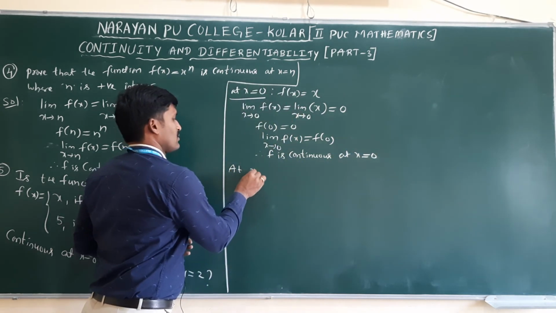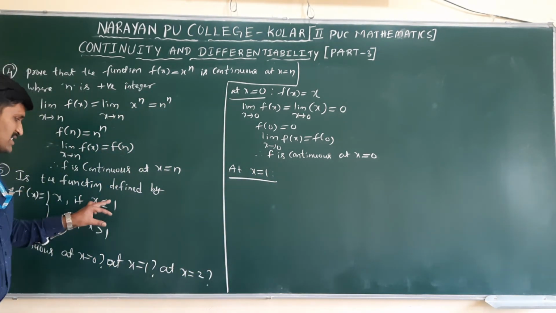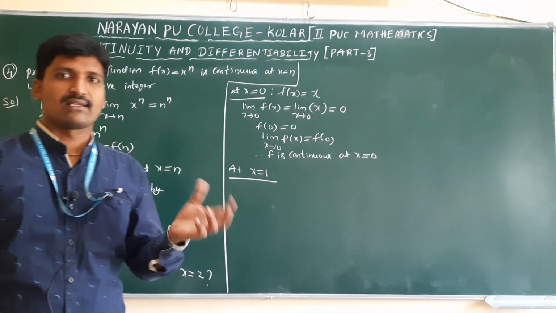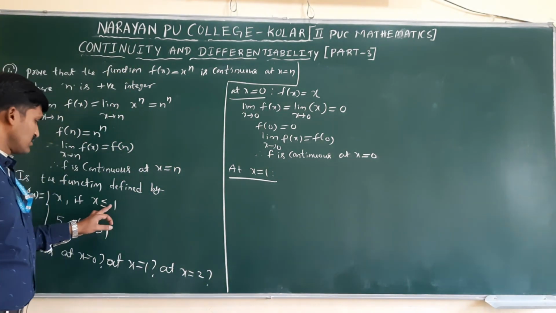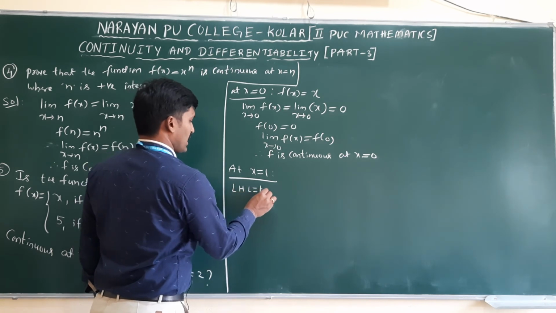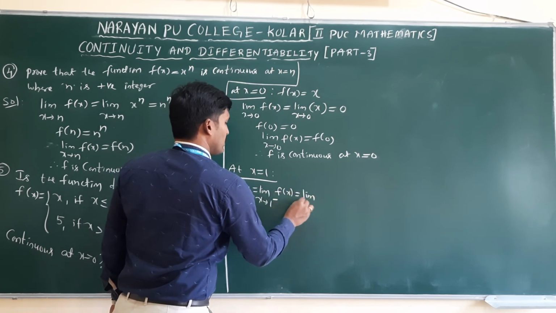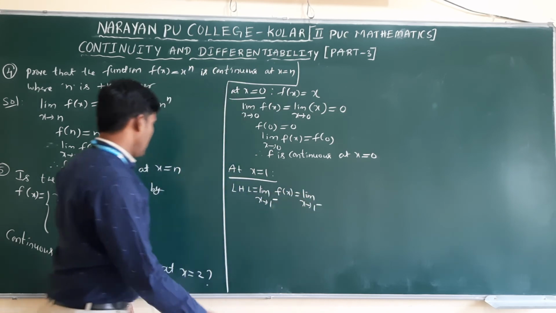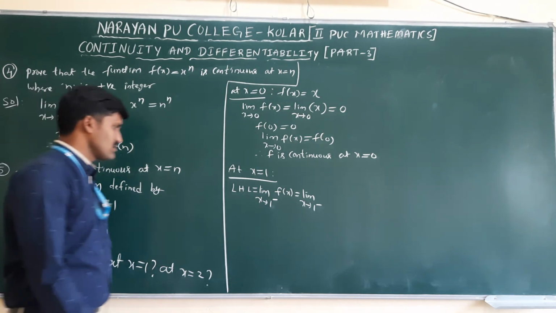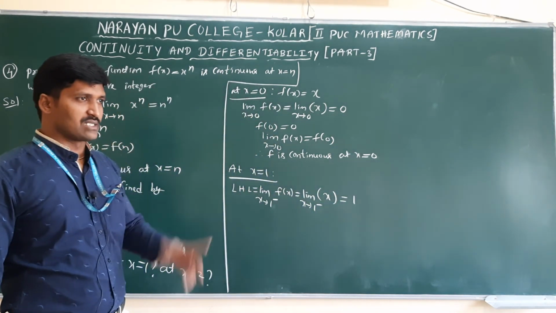Next, at x equal to 1. But at x is equal to 1, restrictions given less than 1, greater than 1 and equal to 1. Here we need to use second definition of continuity, LHL, RHL and f of a, because there is a restriction at 1. So here first LHL I will find out. Limit x tends to 1 minus f of x equal to limit x tends to 1 minus. 1 minus means what? x is less than 1. At x less than 1, what is the function is there? x. In the place of x substitute 1, that power minus represent LHL less than 1.